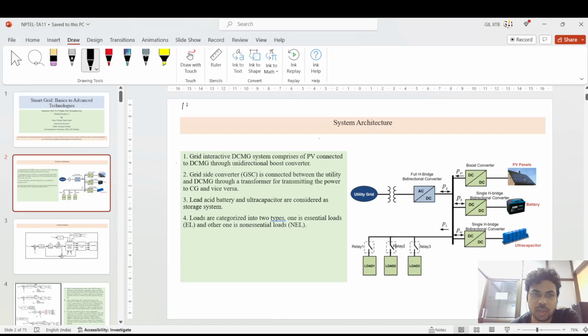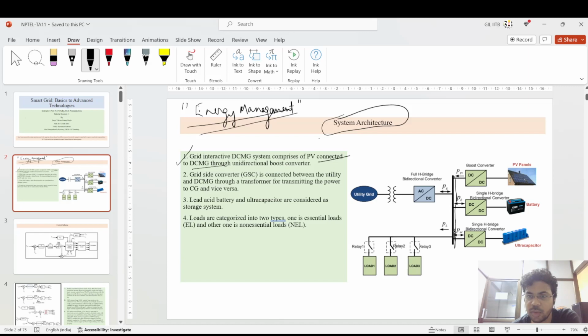So the main crux of today's session will be understanding energy management in all the senses. How are we going to do this energy management inside these inverters and the DC and AC microgrid systems? Coming to the basic system architecture, when you consider AC and DC distribution systems, mainly it is the grid interactive DC microgrid system, which is comprised of a PV connected to the DC microgrid. There is one bus bar,